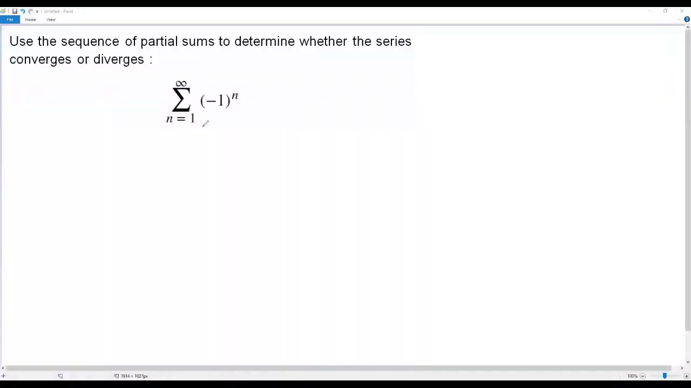Here we have a Calculus 2 problem on infinite series. Okay, let's go to the question. Use the sequence of partial sums to determine whether the series converges or diverges. Here we have an infinite series and we have to check whether this series converges or diverges using the